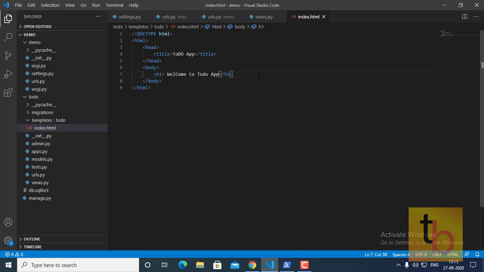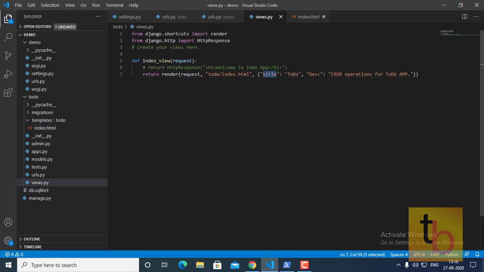As I have told, Django is using Jinja 2. So here is the syntax for displaying our data from views. It is basically like this: in double curly braces, you need to define your key name, which you have defined over here.